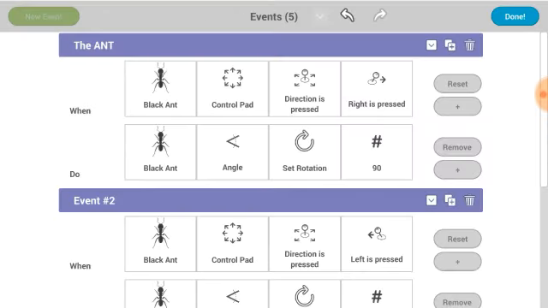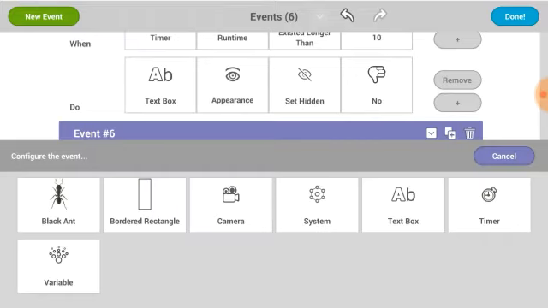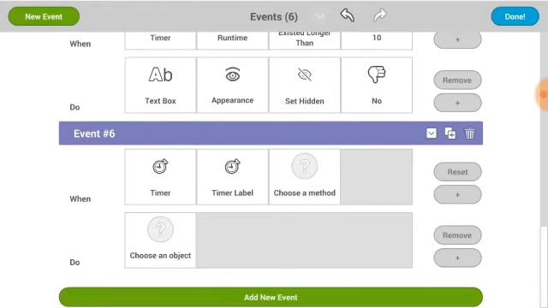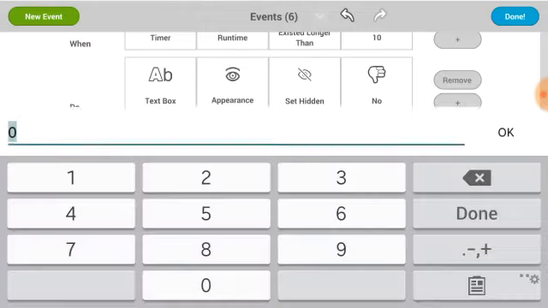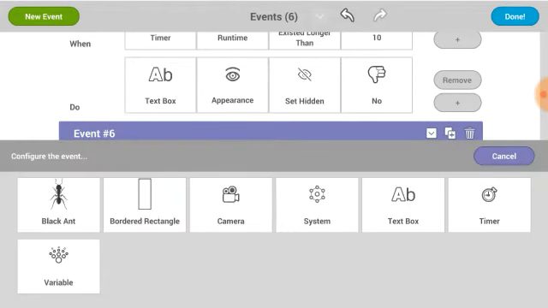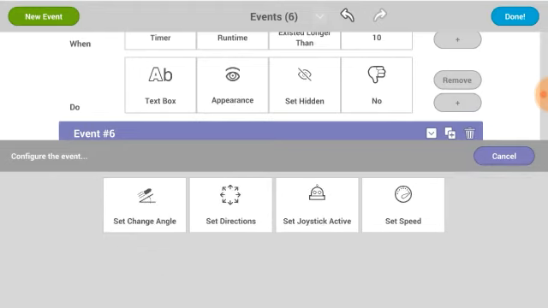And then gonna put something else, add new event. Now this time you actually have to do it. When time label, not time label, when one time is still longer than, I'm going to have to enter the 5 seconds, so, okay, confirm, then, backend, control pad, set speed,